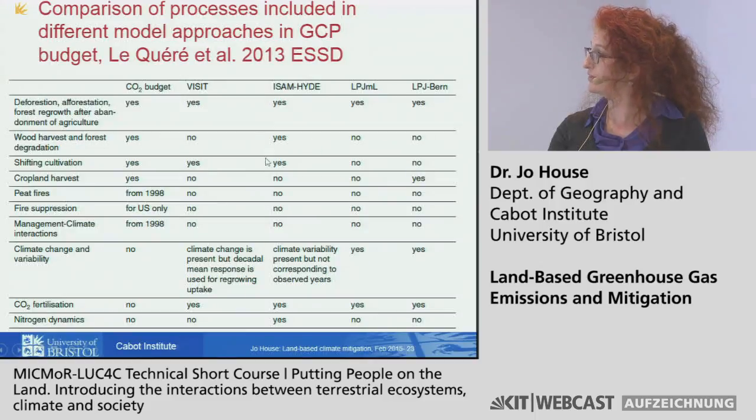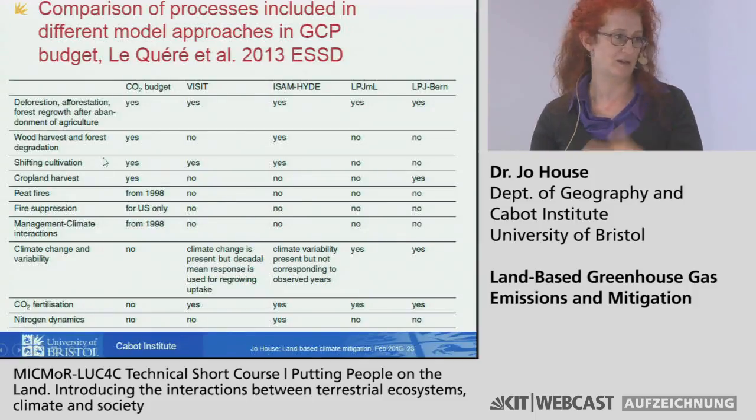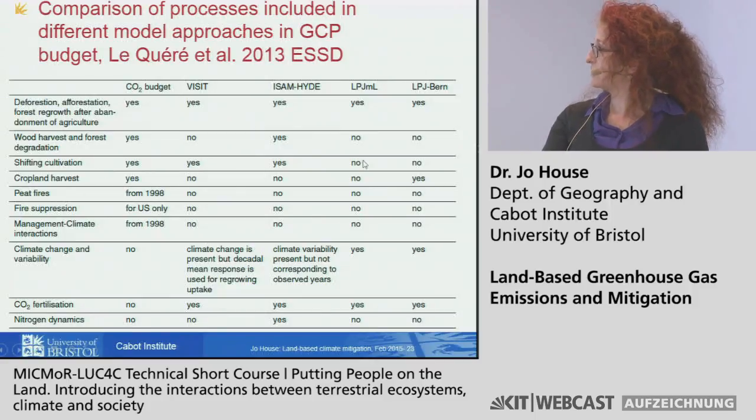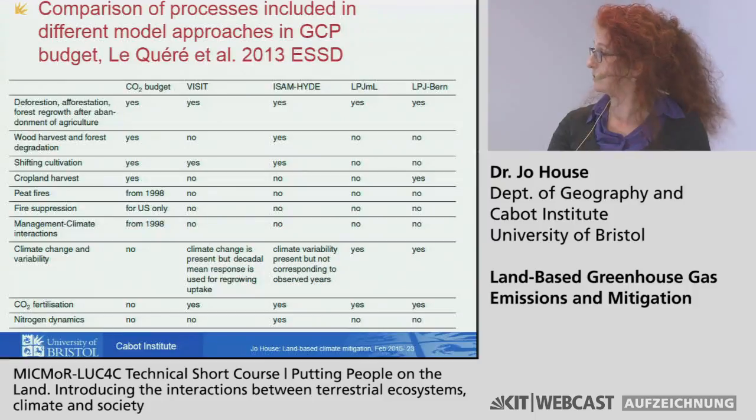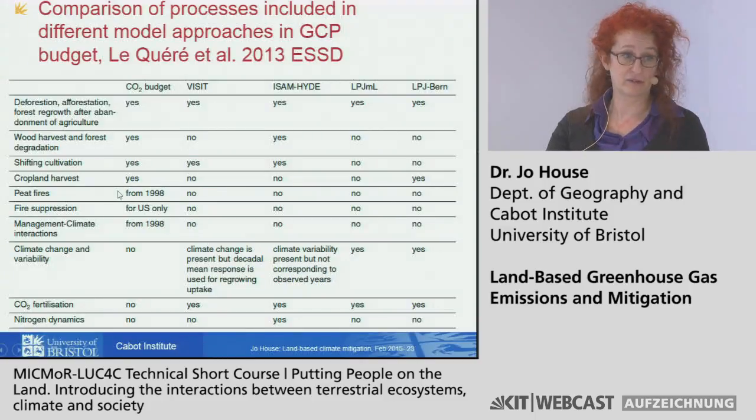Do they include wood harvest? That's quite variable, whether they look at what happens to harvested wood going into different pools that are rapid turnover or longer turnover. Shifting cultivation, whether they include croplands. Still quite a lot of the models don't include croplands. And we're just talking about CO2 emissions here. We're not talking about the other agricultural emissions. So these are still land use change. Peat fires. Big no. Actually, Houghton did put in some peat fire numbers, but only from 1998, which is another reason why the peat gets quite big, because they've got the fire numbers in there.